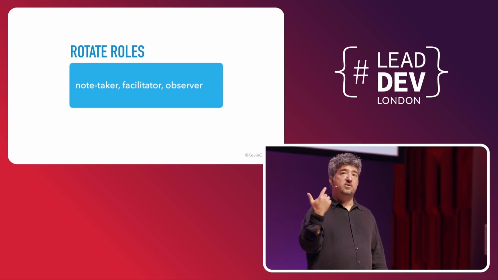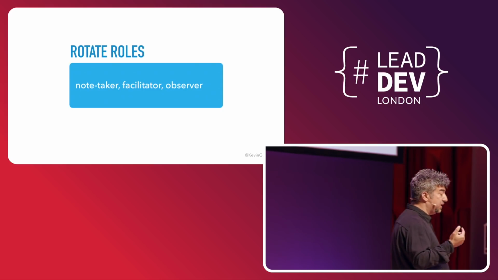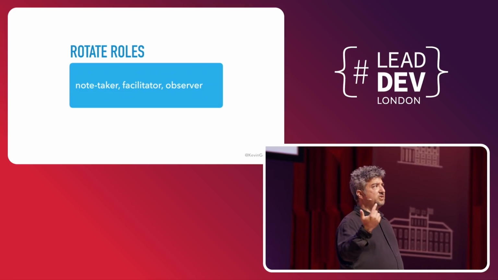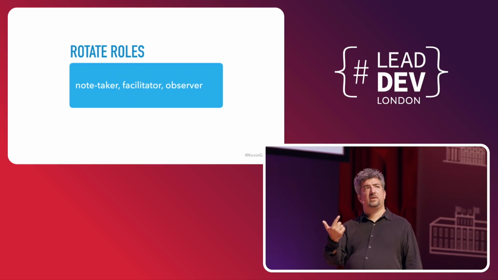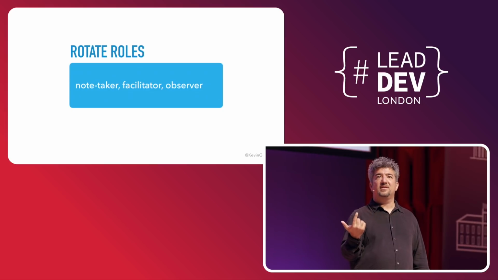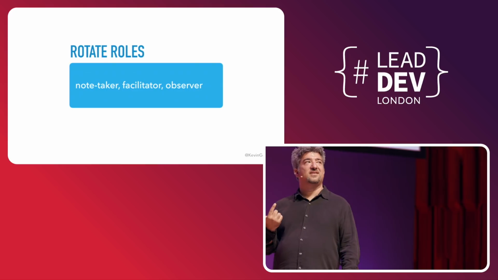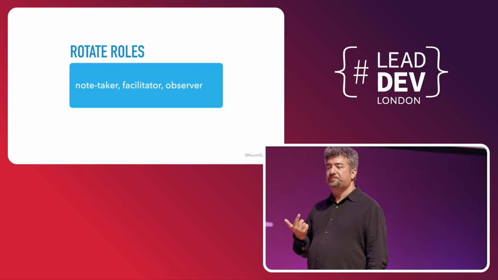Different people every time, because one thing you'll also notice, especially with this observer role, if you do it frequently, you'll see the meeting change because one person is no longer participating in the meeting. And from week to week, you'll go, that was a much better meeting than last week. What's different? Oh, that's right, Ashley was observing. Okay, I guess there's some work to do here with Ashley.